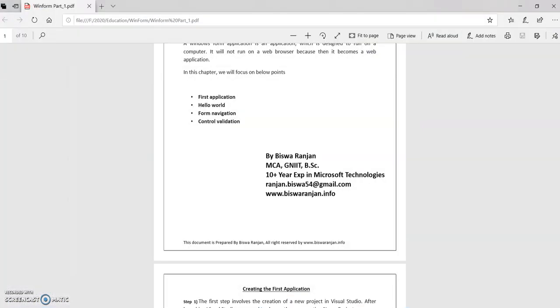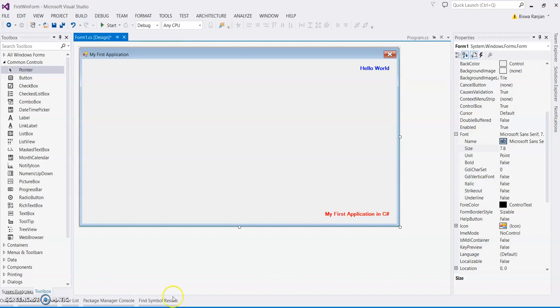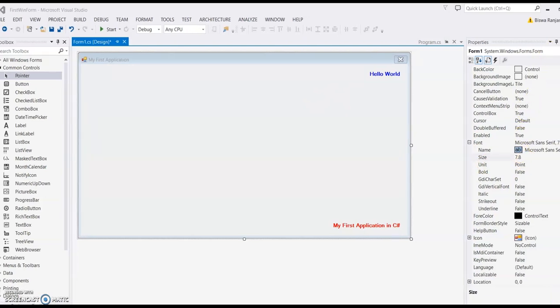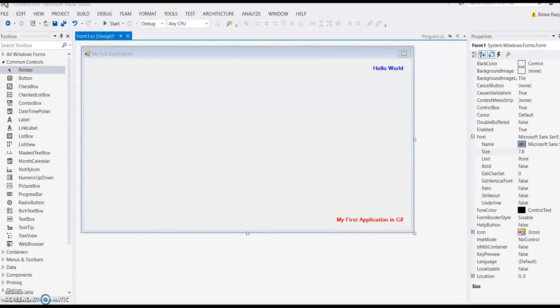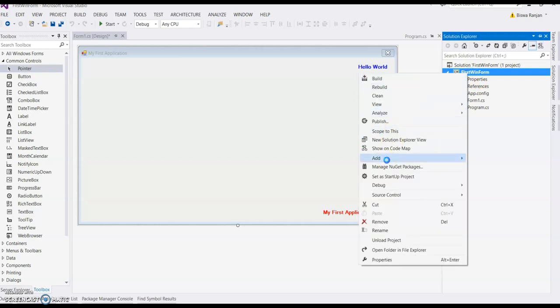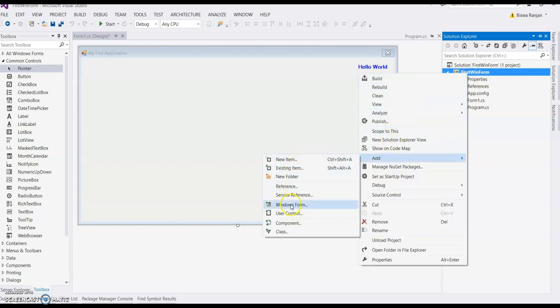Now we will learn about navigation. So this is my form. I want to add one more form and navigate to it. In Solution Explorer, select your project, right click, Add, Windows Form.